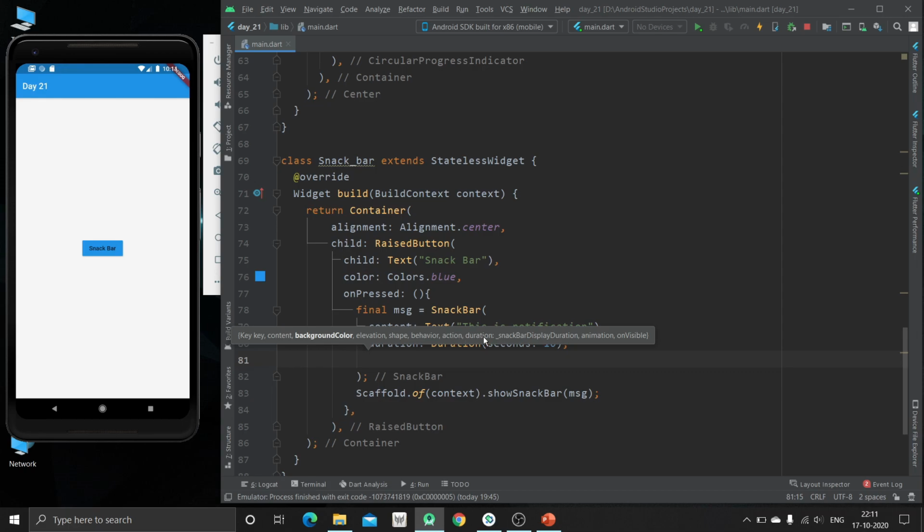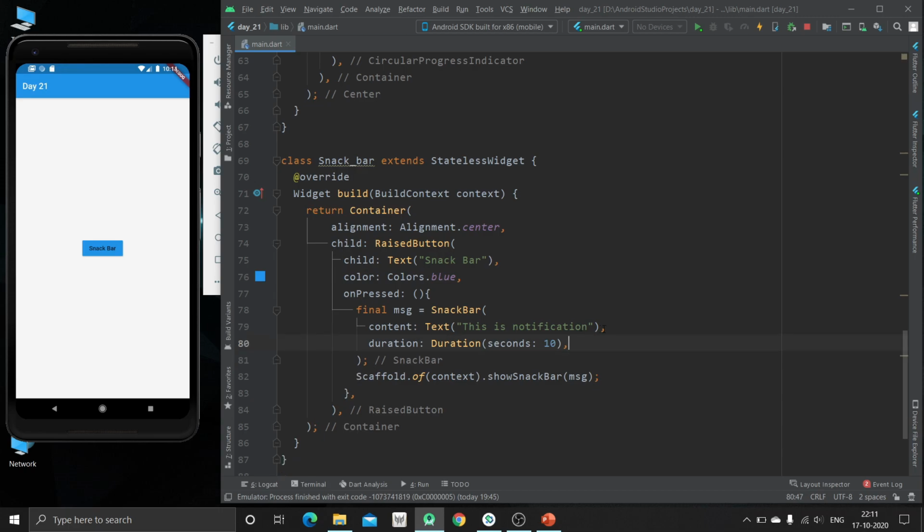We can specify the duration, how much duration the message should be visible, and the animation, how it should be animated, and on visible property. So these are the properties that are provided by this snack bar widget.